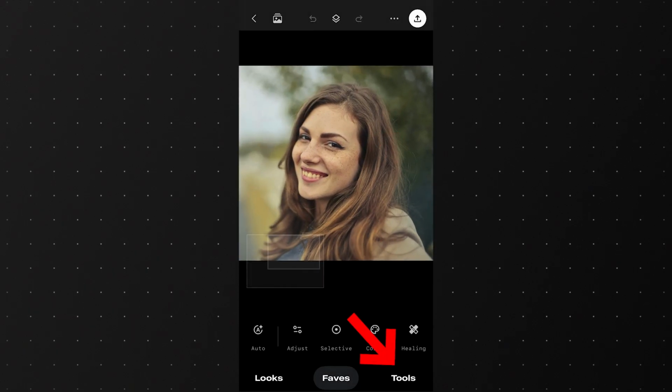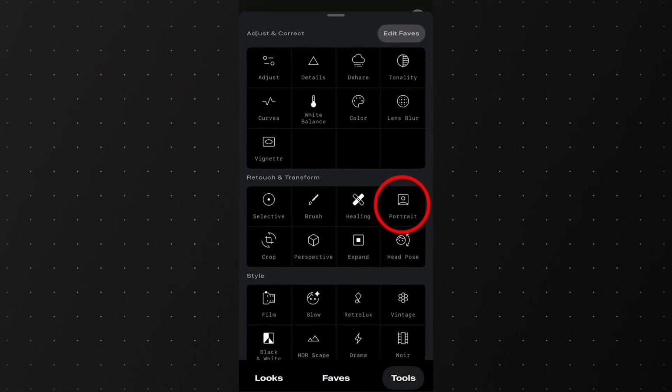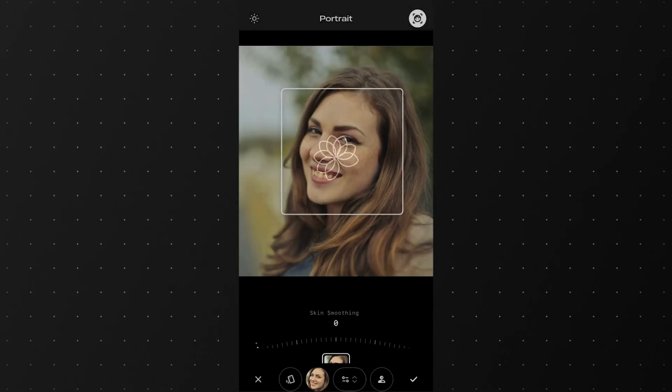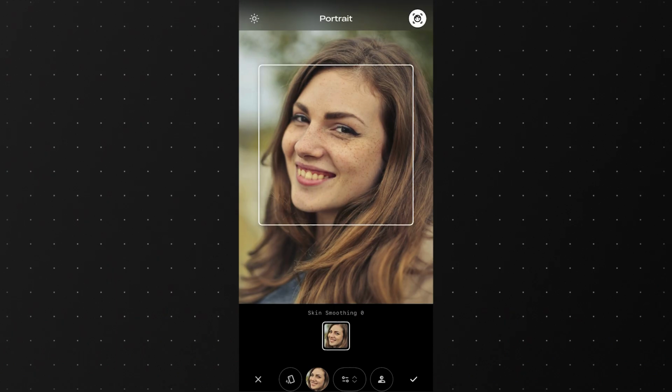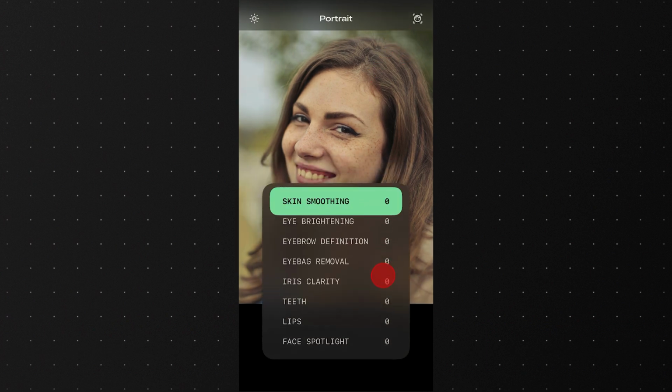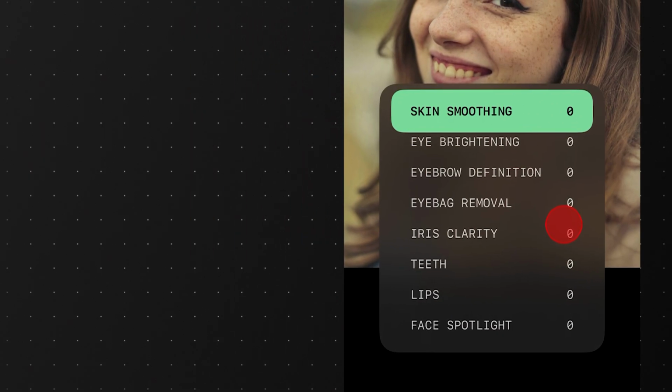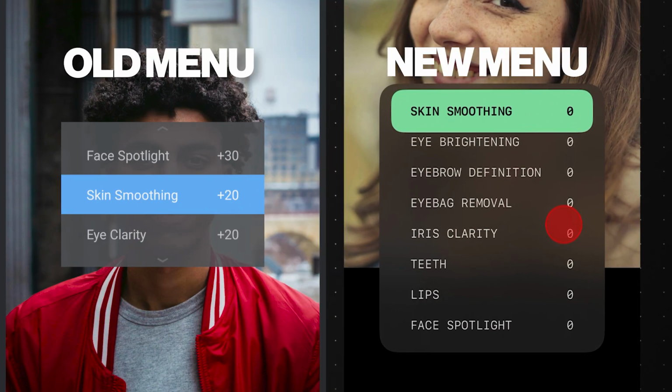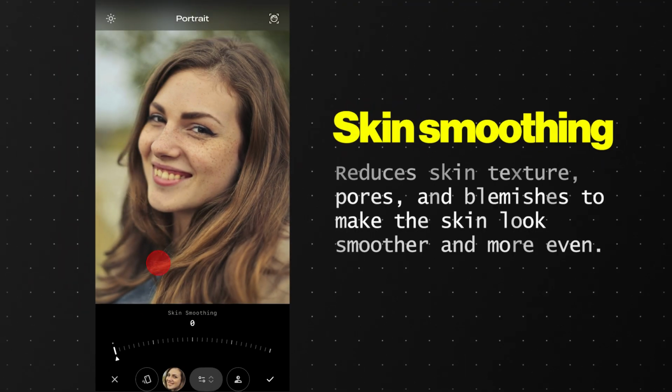In the tools, tap on the portrait tool and this takes a couple of seconds to detect the face and it zooms into the face to make editing easier. You can enable or disable this white square by tapping on this icon. Tap on this menu icon to reveal the sliders, which are quite extensive compared to the older versions which had only 3 slider options. Skin smoothing reduces skin texture, pores and blemishes to make the skin look smoother and more